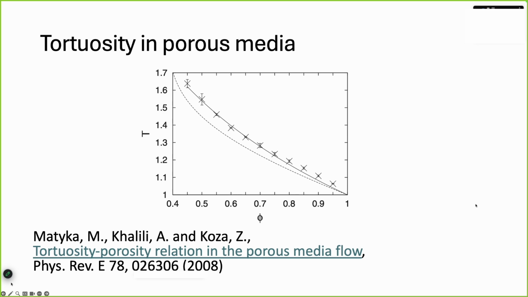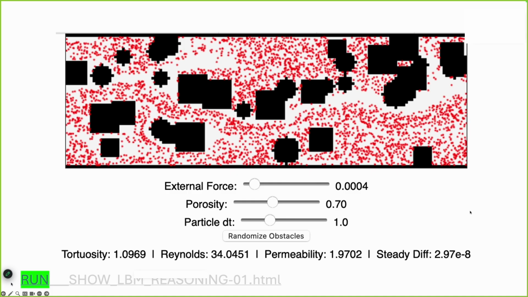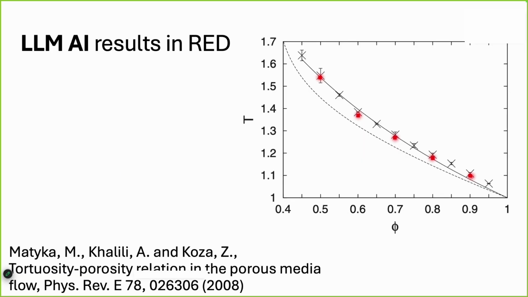This took a little bit of tweaking of parameters, because it is also a challenge to select parameters that are okay. So this is a result from the paper, from my PhD, and the red dots are the results, after tweaking parameters like the size of the system and so on, that I computed with the code generated by DeepSeek. And now, believe it or not, this paper, tortuosity-porosity relation in porous medium, from PRE from 2008, was 1.5 years of work.